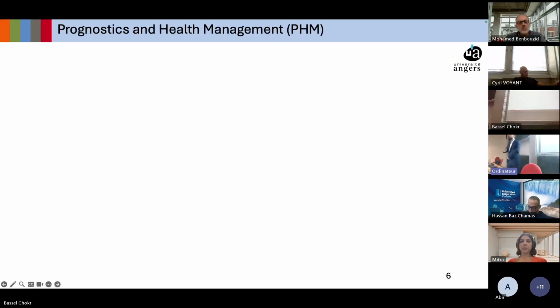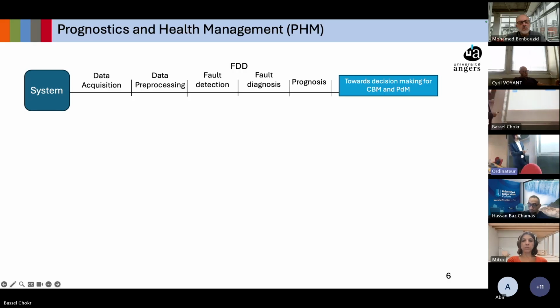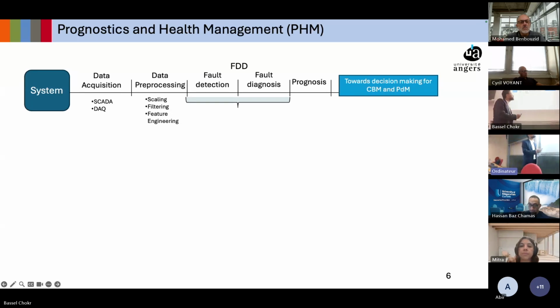To address that, under the engineering field of PHM, prognostics and health management, we start from the data acquired from the system and proceed in different steps: data acquisition, data preprocessing, and then fault detection in order to see what's going on, fault diagnosis to see the source, the root cause of the issues that we are facing, and then we might arrive at prognosis, where we can also predict what will happen in the future, leading to decision-making in condition-based maintenance, CBM, and